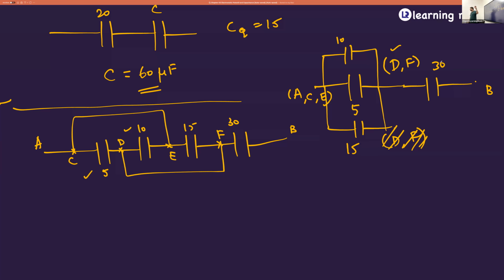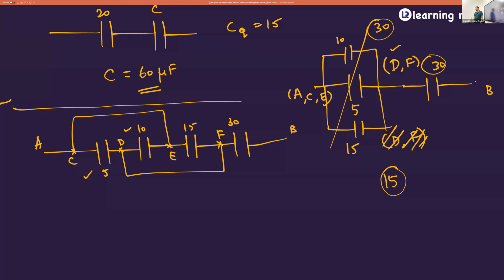Now you will get clarity of which are in parallel and which is in series. Now it's easy to solve. 10, 5, 15 are in parallel. So how much will you get? Cancel everything, you will get 30. 30 and 30 are in series. You will get the answer as